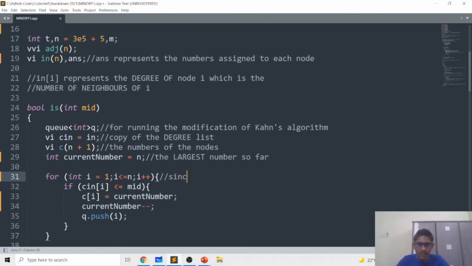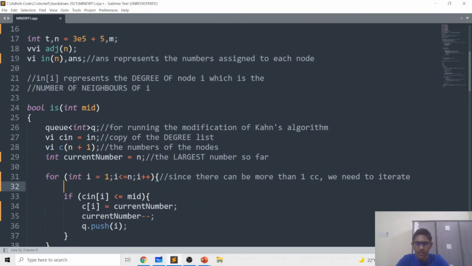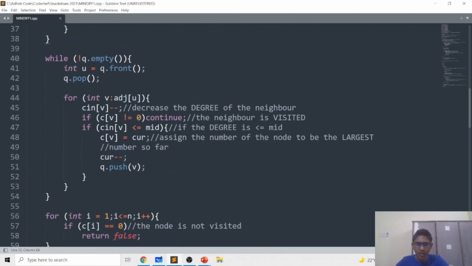Note that, and this is important, since there can be more than one connected component, we need to iterate over all nodes and add all of them with in degree less than or equal to mid, so that if there is one connected component which is separate from another, we are exploring both connected components after the entire queue is run.